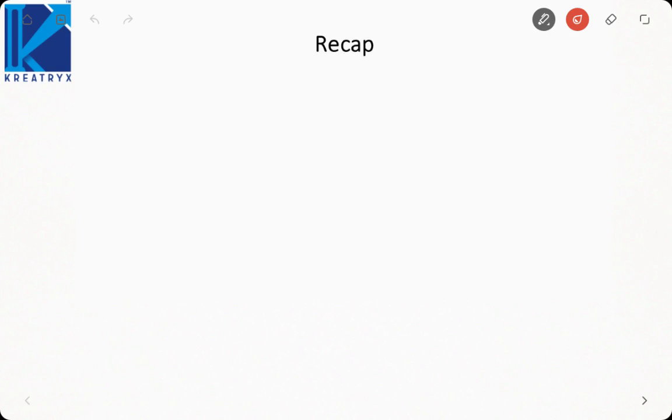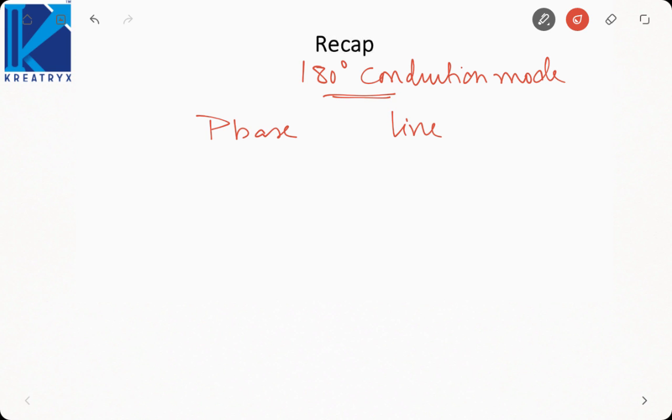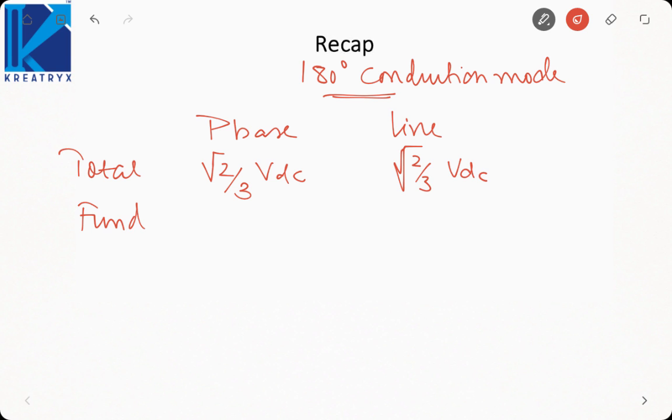Hi guys, up to now we have seen the 180 degree conduction mode of the 3-phase inverter. In this we have seen various quantities related to phase and the line values. So we have seen most importantly two quantities, that is total RMS and the fundamental RMS voltages. In phase the total RMS is root 2 by 3 VDC and line is under root 2 by 3 VDC. And fundamental is root 2 by pi VDC. Here it is root 6 by pi